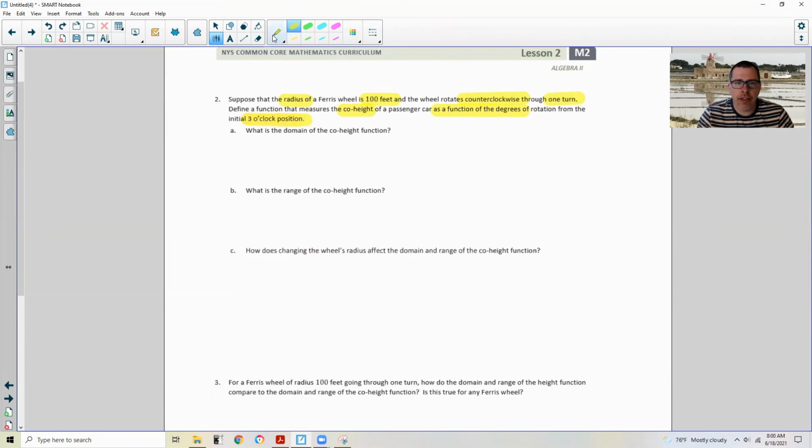So there's a lot of highlighting there, a lot of information there. Okay, radius of 100, rotating counterclockwise, one full rotation. And we're going to define a function that measures the height. All right, so if I go back to this circle here,